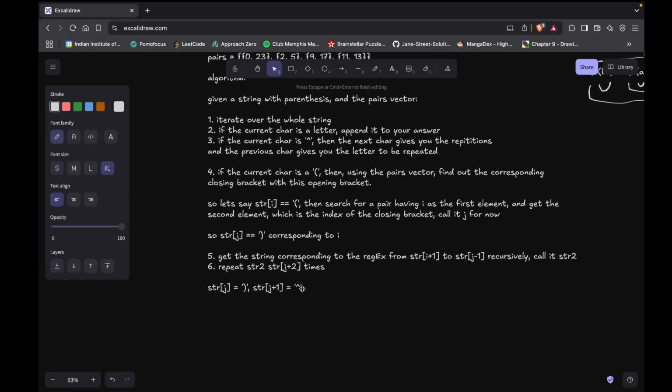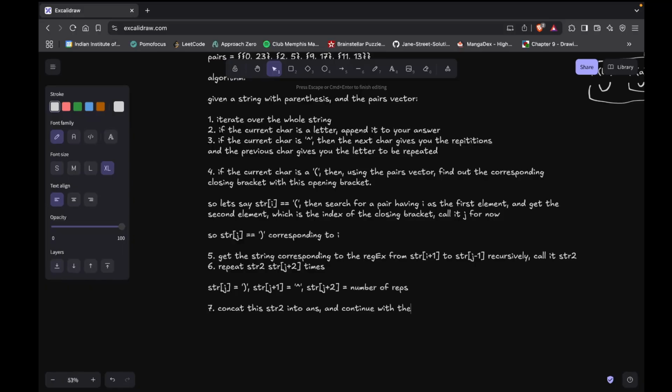So str j plus 2 will be a number, which is the number of repetitions. So that is why you repeat str2 j plus 2 times, and then you concat this str2 into answer and continue